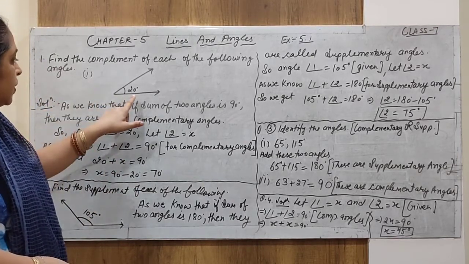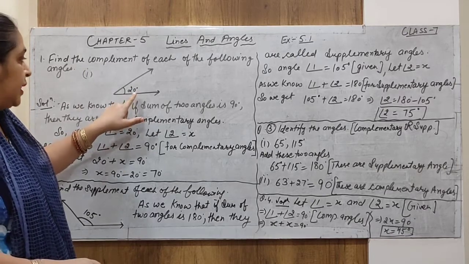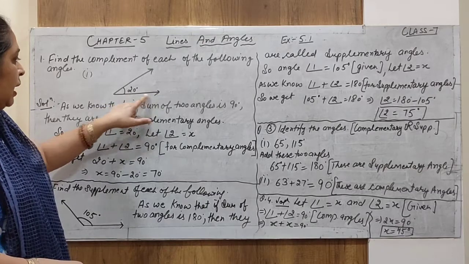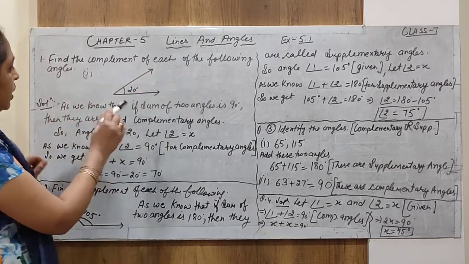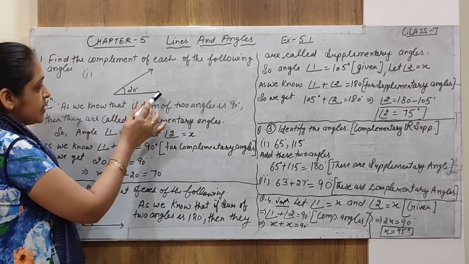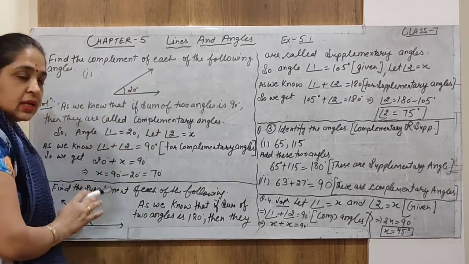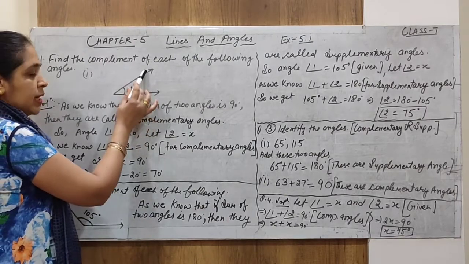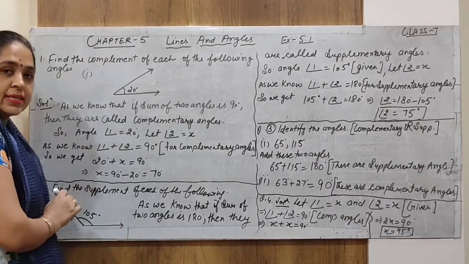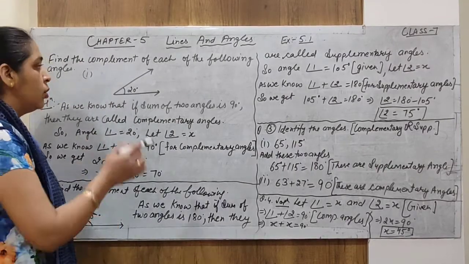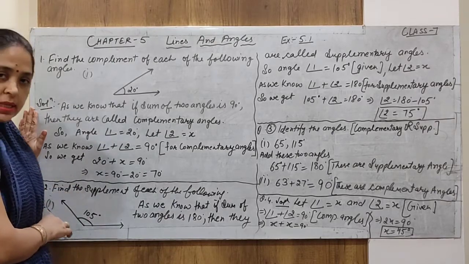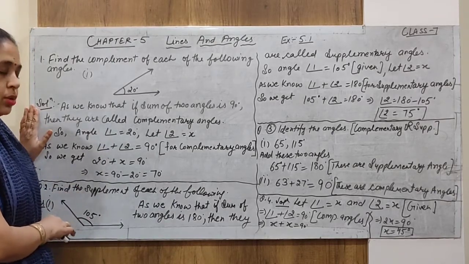First question is, we have given only one angle, that is a 20-degree angle. As you know very well, an angle is made with the help of two rays, in which one is the initial point and the second goes up to infinity. With the help of two rays, we can draw one angle. Now in the first part, angle 20 is given. We have to find out its complementary angle. Now, how do you write the answer? Let us start with the solution.